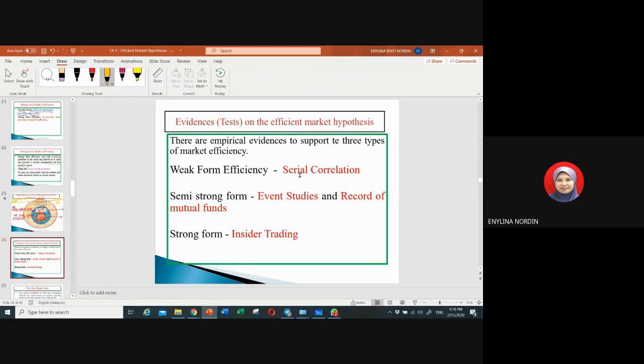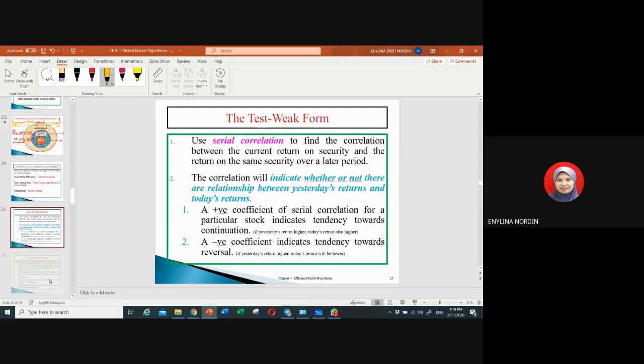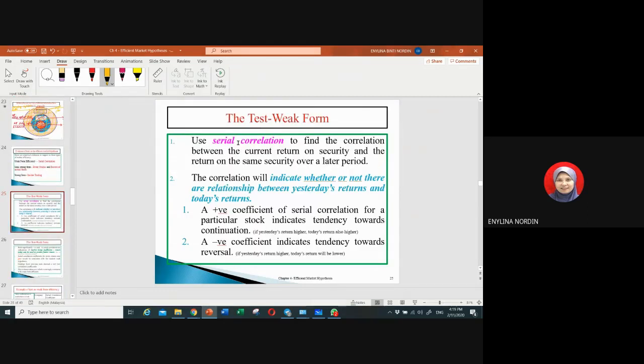The tests done in order to examine whether past data can be used to predict future returns or not is called serial correlation. These serial correlations are conducted in order to determine whether